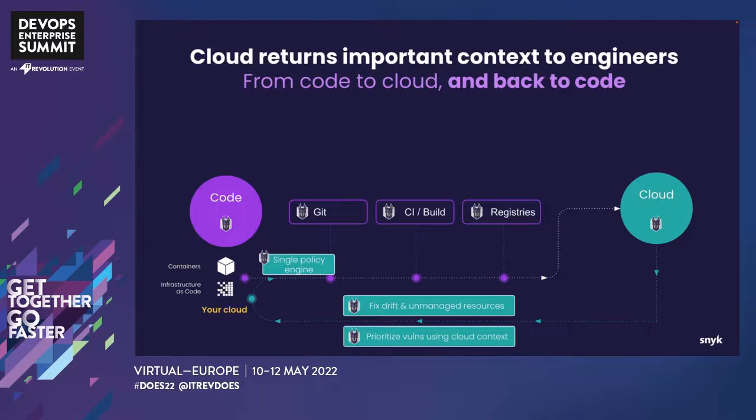We want to be able to identify our policy in code as well, so that we can check everything that's about to be deployed. But we also want to use that same policy engine with what is deployed, with the things that are actually running in our cloud environment. We want to apply the same checks in both places throughout the life cycle of those resources that we're defining and deploying. Critically important, if we're defining two different sets of policies, obviously we're going to get two different sets of results, and then we're going to have to do all the work again to match those things back up. So that single policy engine is really important. Now, again, that's part of the code